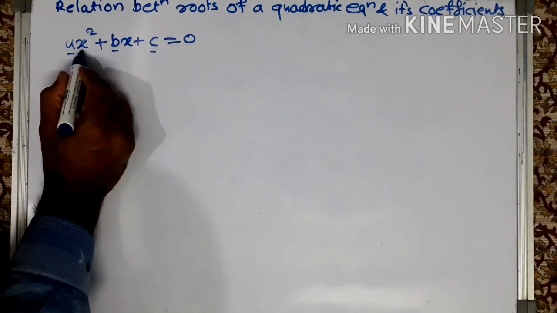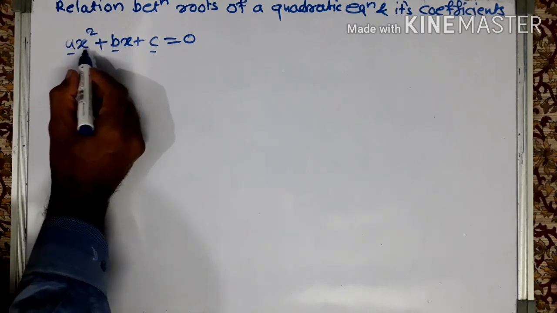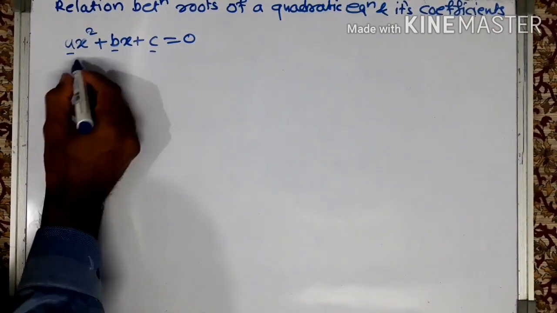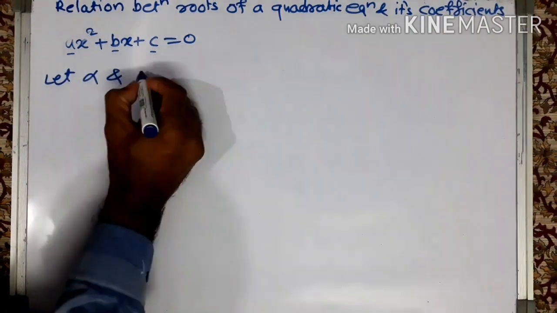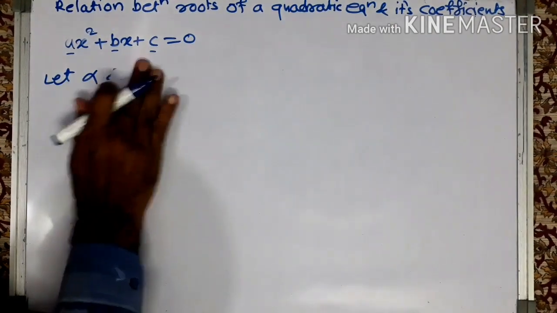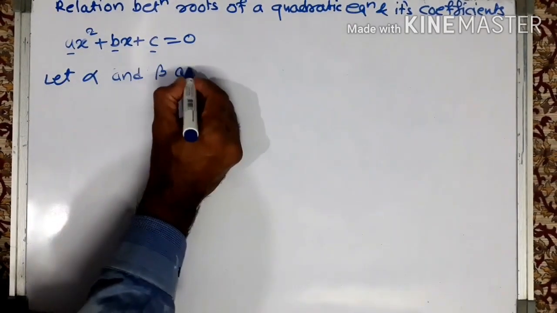Here the variable is x. Now let us consider their roots. Let alpha and beta are the roots